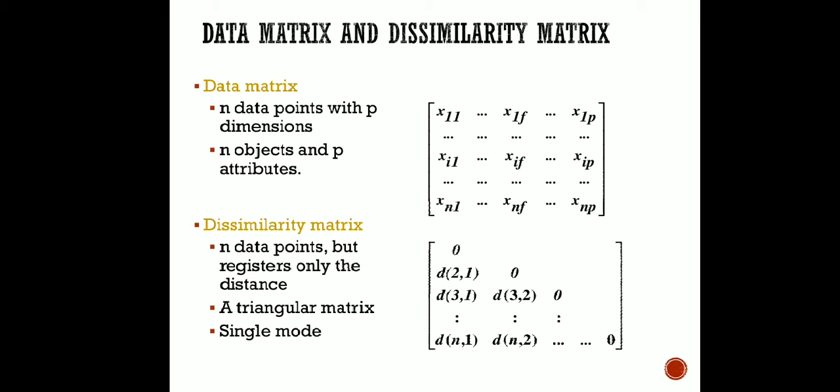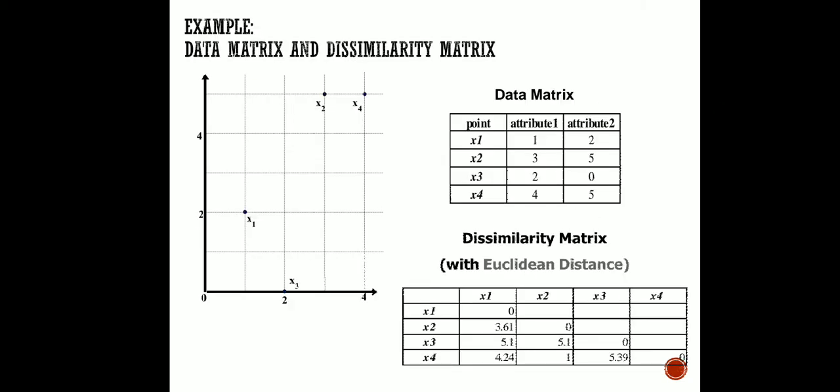So without talking more, let us directly move to the example. You can see here there are 4 points lying. They have been very well plotted in a 2D plane. You can see there are 4 data points present: x1, x2, x3 and x4. You can see x1 is lying where the x-axis value is 1, and the y-axis value is at 2.